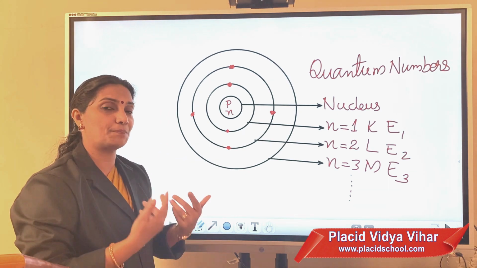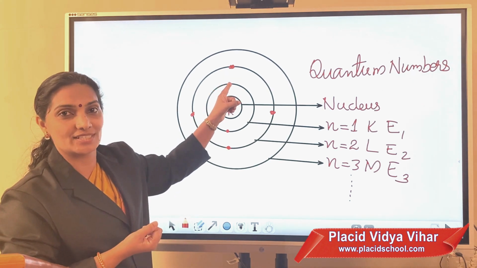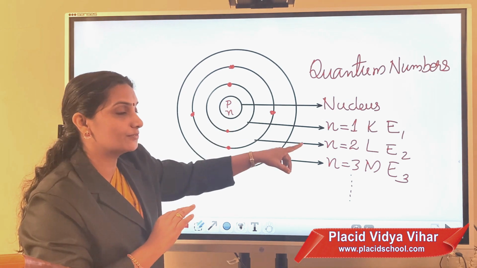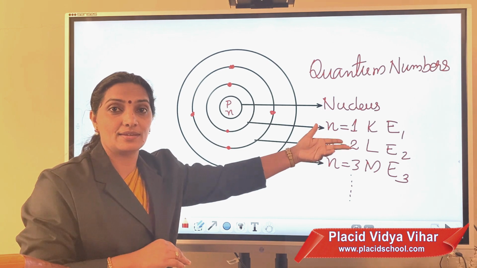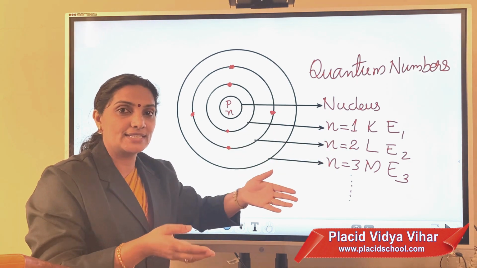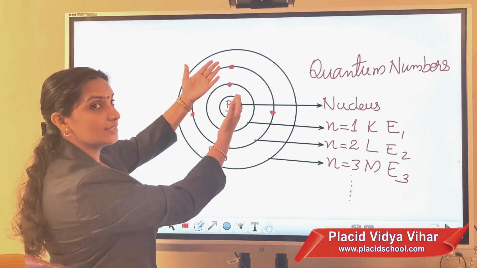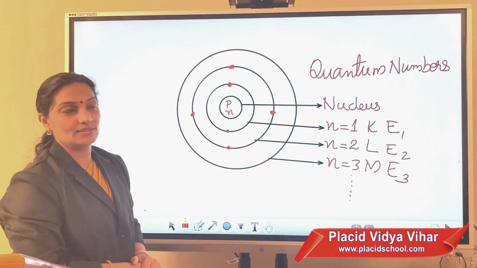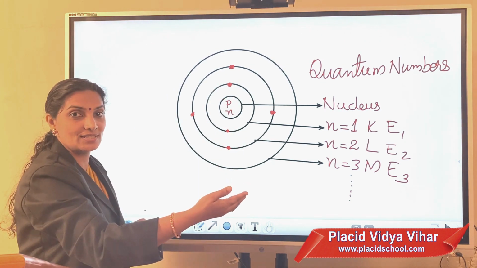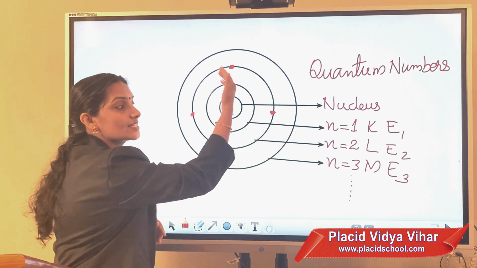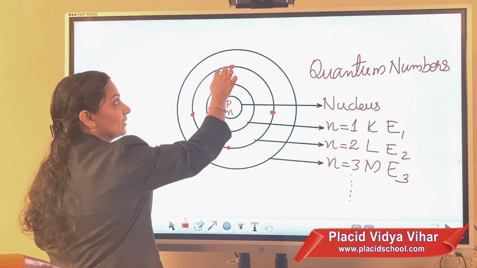But if we apply a high amount of energy, these electrons absorb this energy. As a result, the energy of the electron, that is E1, increases. If the energy is increased, it cannot continue in the same shell. As a result, it jumps up to the next higher energy level. For example, if by absorbing energy from other sources, the electron gets energy equal to E2, this electron will jump to the next shell.